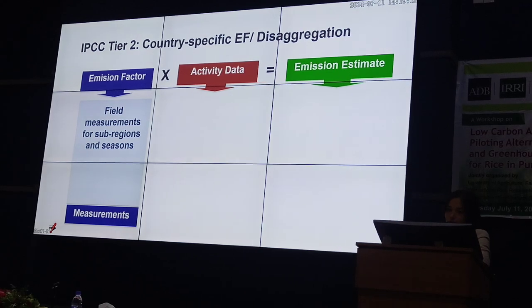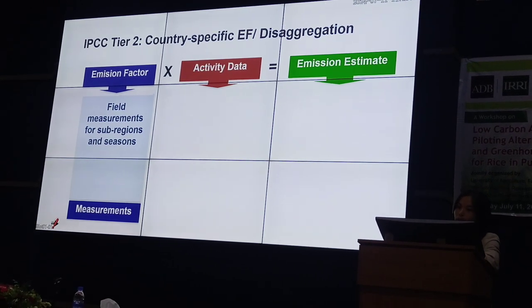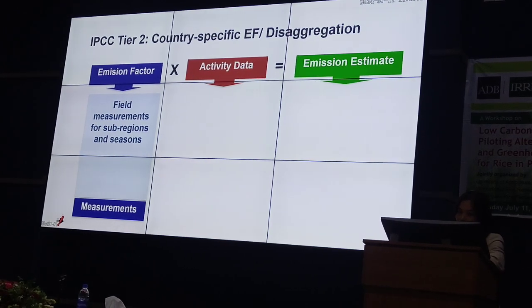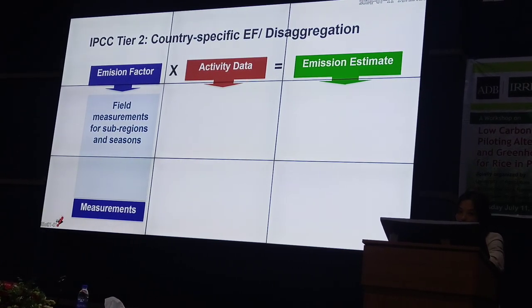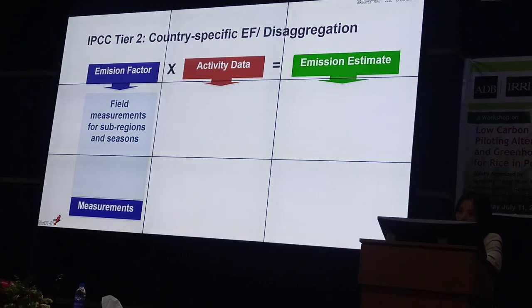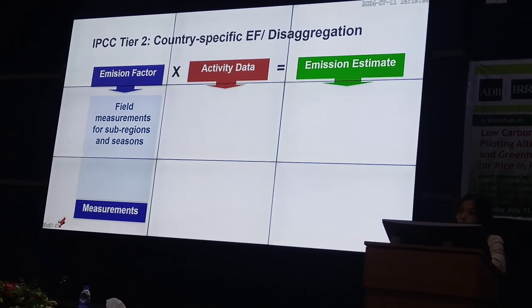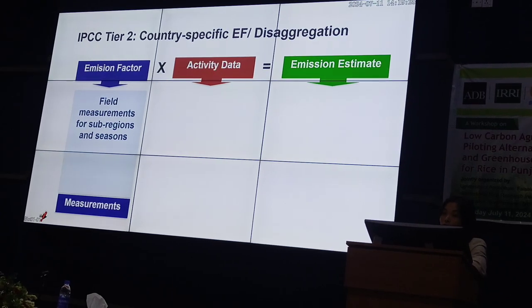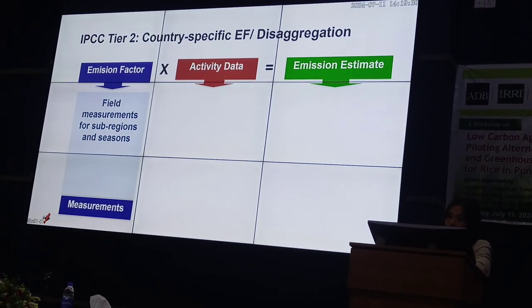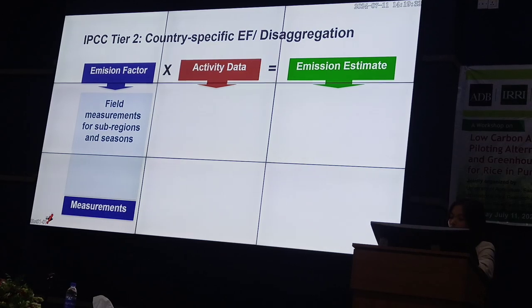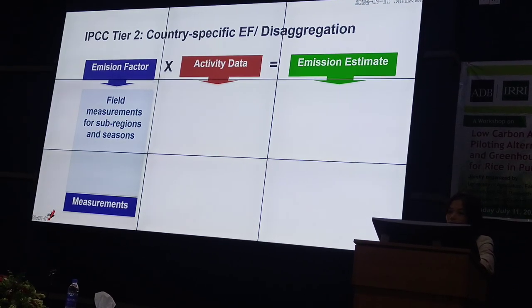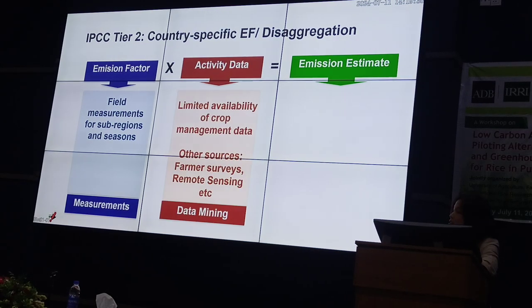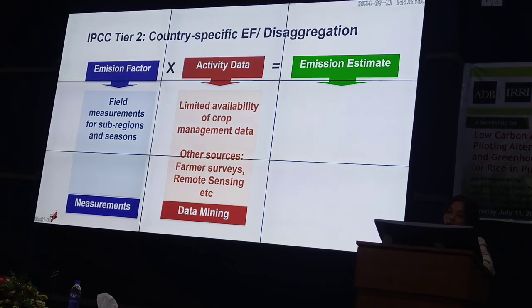For the Tier 2 approach, it's the same way to estimate the total emission, but as I mentioned earlier, we need the country-specific emission factor, which comes from field measurements for sub-regions or seasons, if we have different seasons in a year. And we need the activity data, but